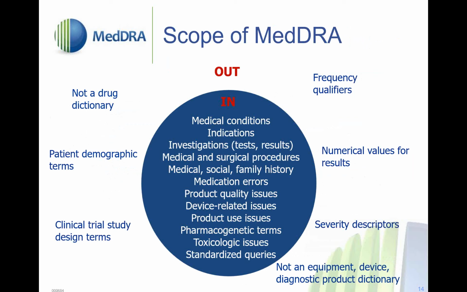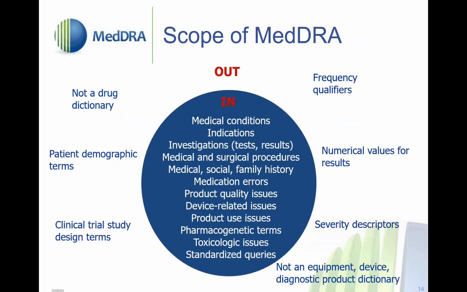So what MedDRA is scoped for is standardizing and summarizing categories of terms classified as medical terms and health-related terms. So you're going to see signs and symptoms in MedDRA. You're going to see diseases, diagnosis, therapeutic indications, even when those indications are signs and symptoms or diseases, or even prophylaxis indications. Names and qualitative results of investigations are included in the scope of MedDRA. So when you have an increased lab result or decreased or abnormal or normal, those kinds of qualifiers and lab results are available in MedDRA, as are surgical and medical procedures, medical history, social history, family history, medication errors,